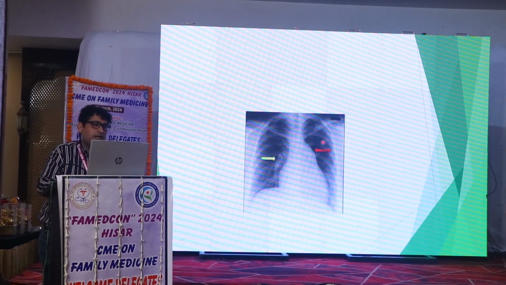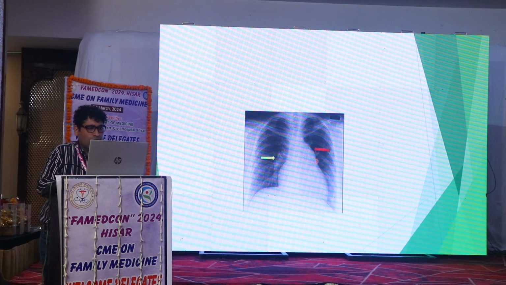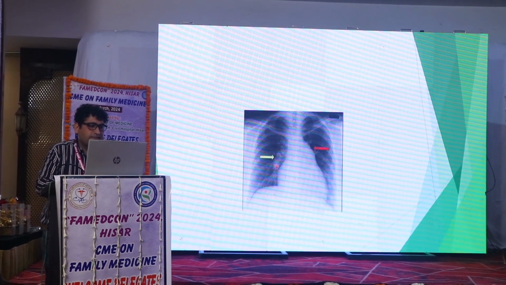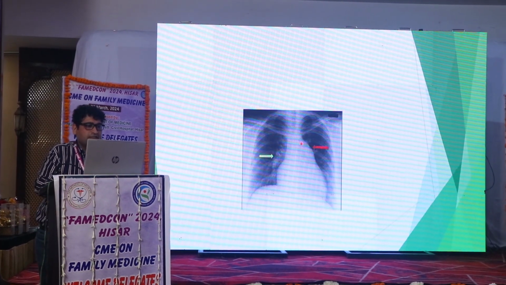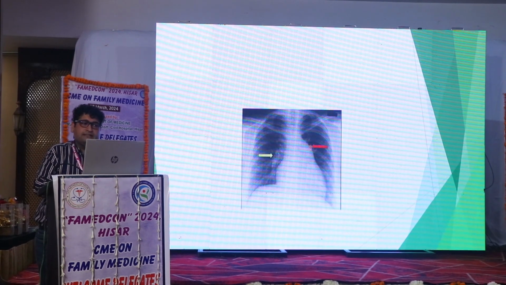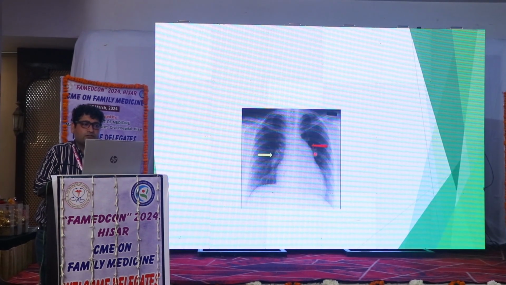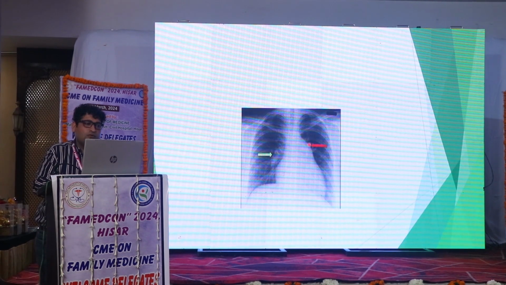This is one X-ray. You are able to see that this area is also obliterated, right side as well as left side is also obliterated. So this, as I have told earlier, is representing the AP window, that pulmonary window. So this patient is mostly having pulmonary hypertension.